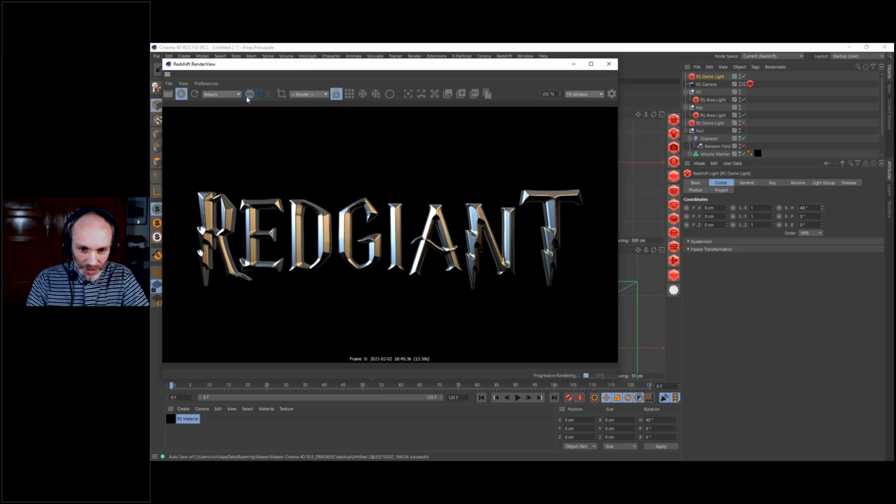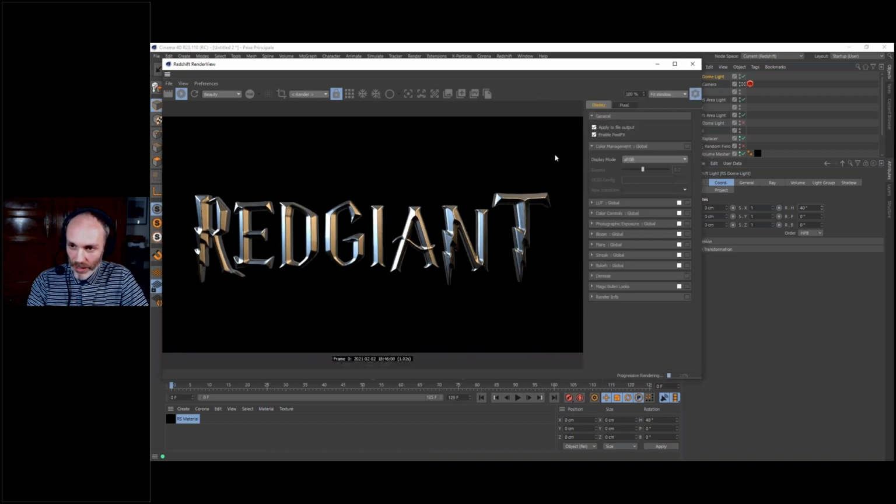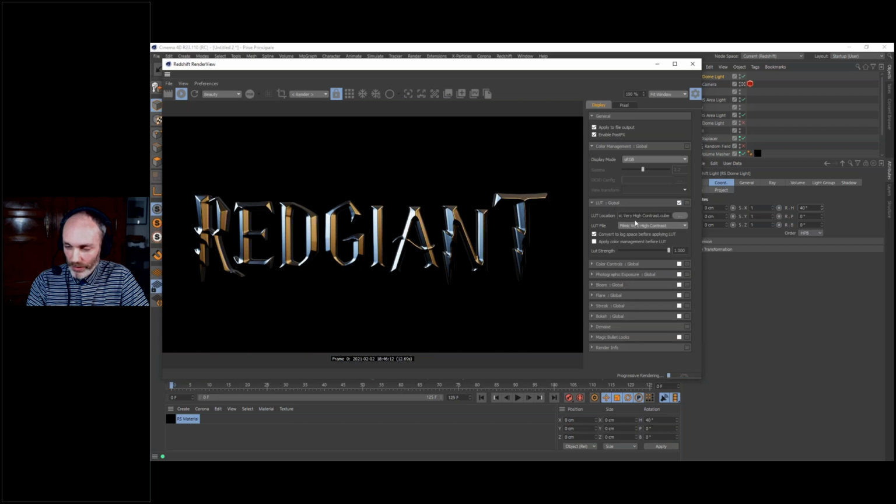Very fast, before going to the material, we have something else we need to deal with. As you can see here, we have some blown highlights. Instead of decreasing the intensity of the light, I like to use PostFX. PostFX is going to create some tone mapping on your image. The one I'm almost always using, the same setup for all my work, is the LUT. So I'm going to activate global. Then we have the LUT location. It's already selected here, but I'm going to show you.